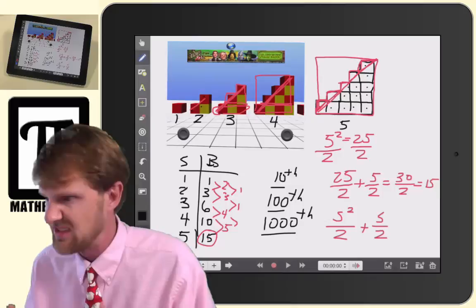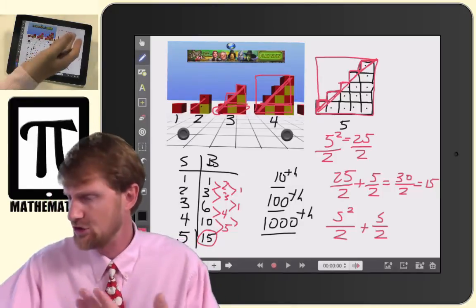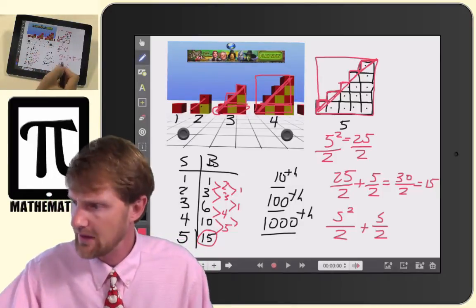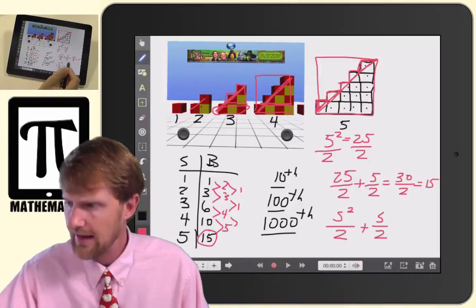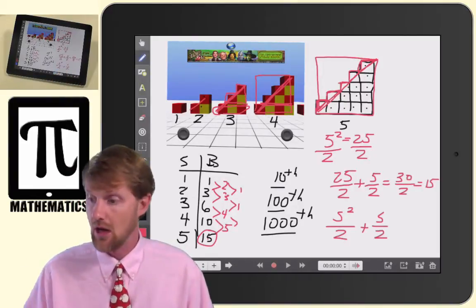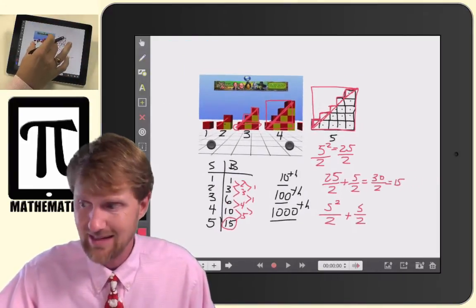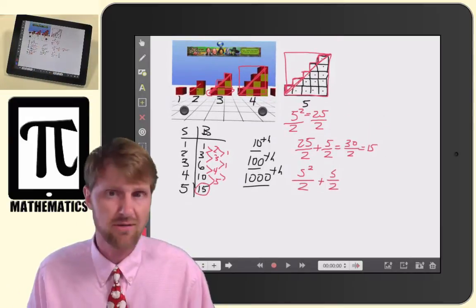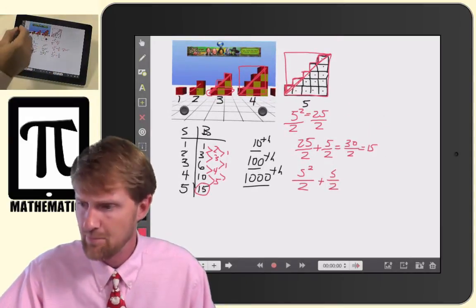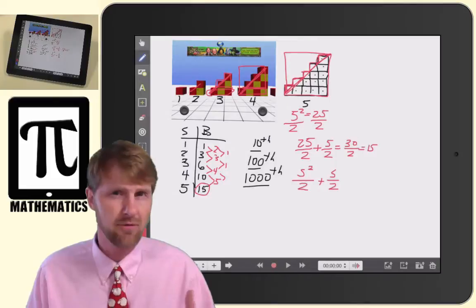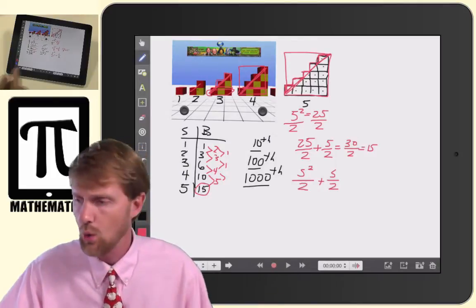We're good. Kids figured it out. Hey, I got a geometric way, a picture way. I'm going to take S squared divided by 2, then add S divided by 2, and I'm done. And I'm okay with that. The students figured out how to solve the problem. I'm fine with that. But if you want students to go a little bit farther,